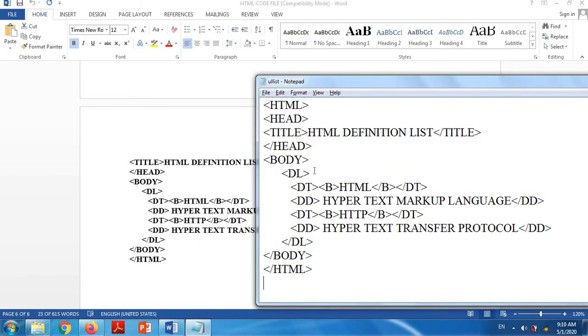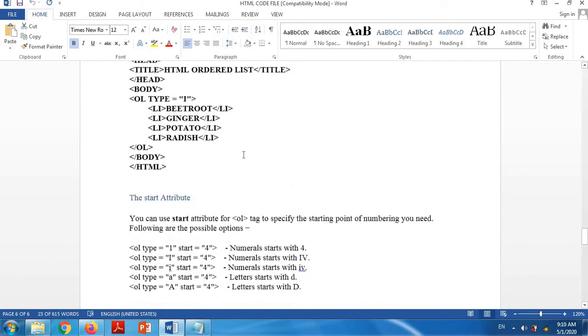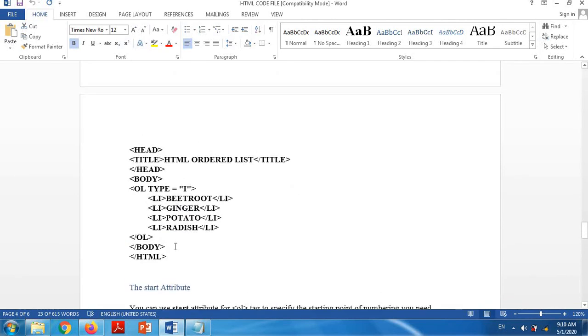You can see the definition list, as we started OL list and UL list: OL start, OL close, UL start, UL close, DL start and DL close. In both the ordered list and unordered list, we were using the li tag, list item.